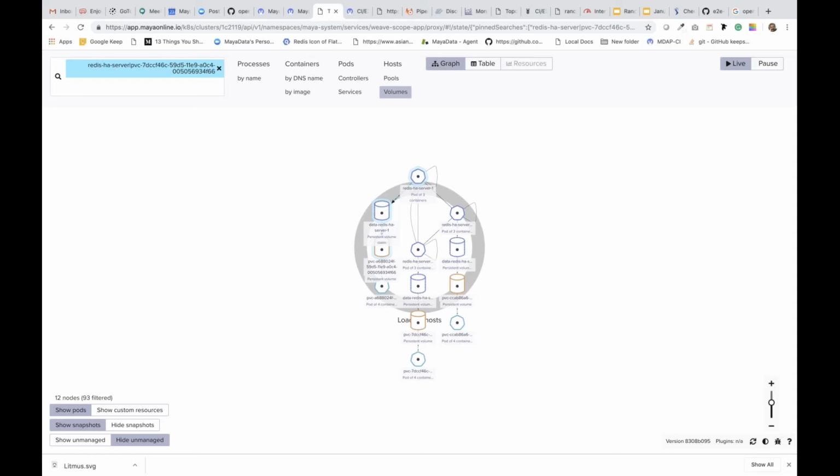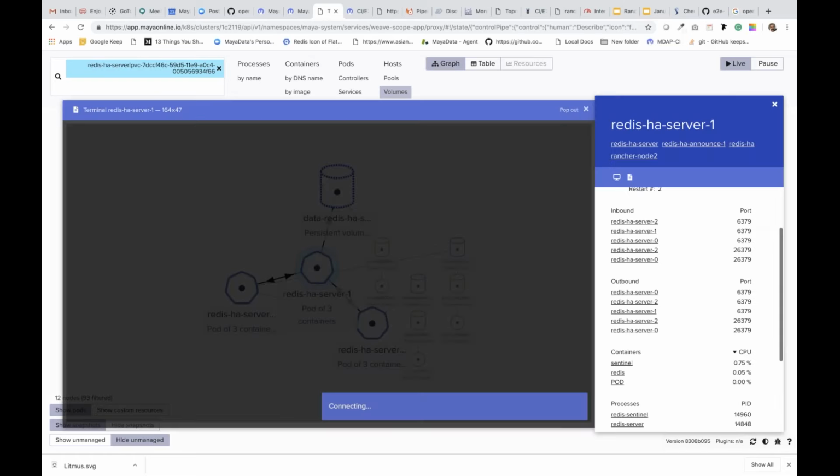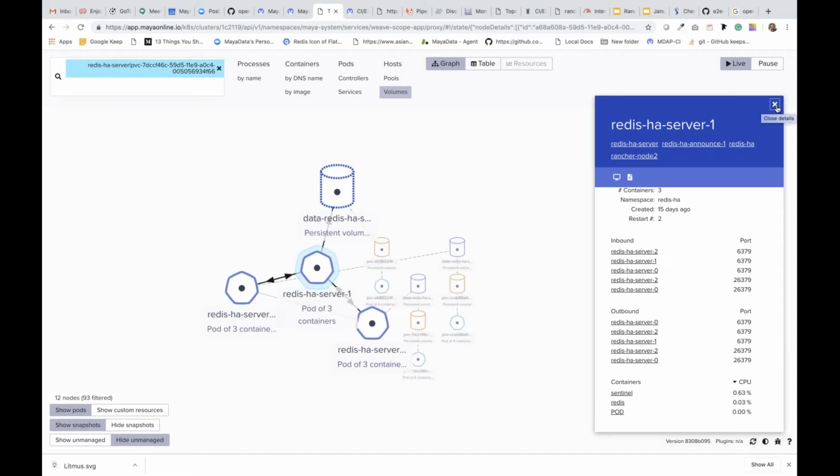And the other piece is really the logs. So this logs is a set of services built on EFK, with the well-known Kibana giving you full control of how to manage your logs. So these logs are available for all your applications. The moment you connect your cluster to Maya Online, all these logs get collected automatically and then uploaded to Maya Online. So with these 3 services together, you get a nice visibility platform.